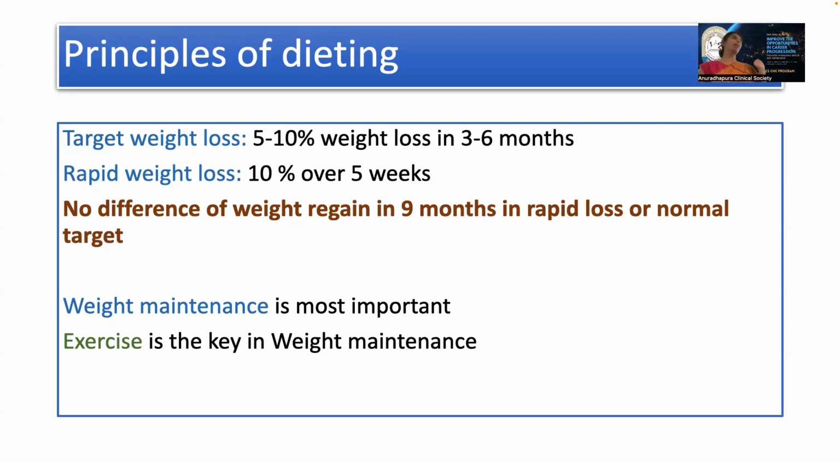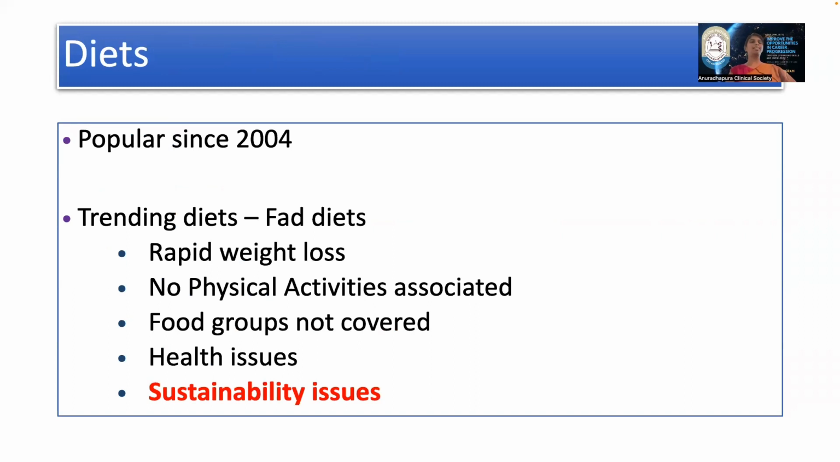So for weight maintenance, along with the diet, exercise plays a key role. To maintain weight, you have to maintain your metabolic rate. So, along with diet, exercise will increase the basal metabolic rate and will help to maintain the weight. So, diets. There are so many diets. I know that with social media and other media, so many people are giving us so